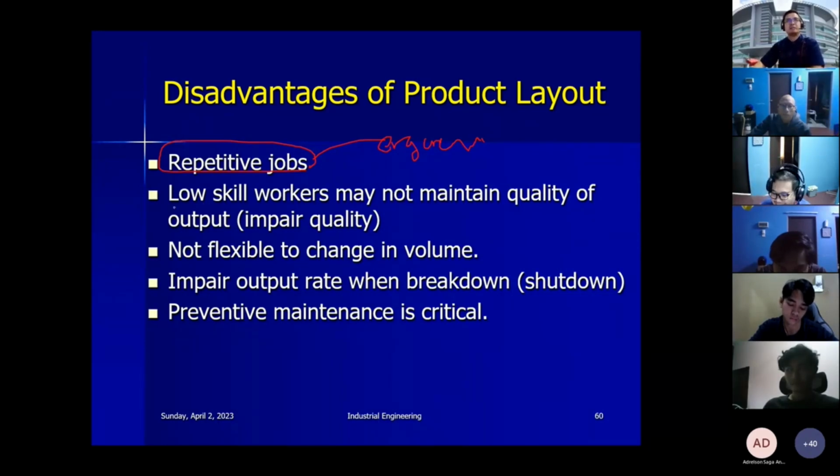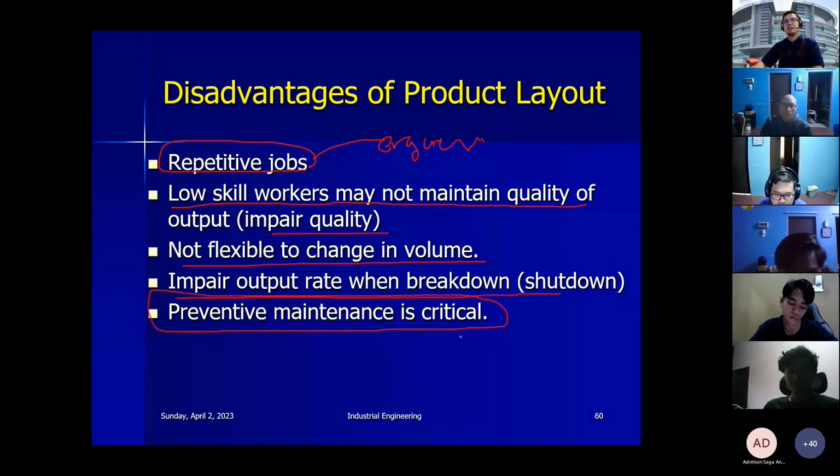Number 2, a low skill worker may not maintain the quality of the output, impairing quality, because this worker only focuses on specific work tasks. The same work task for at least 10 years or 15 or 20 years, doing the same process again and again. Number 3, not flexible to changes in volumes. Focus on that specific job task, impair output rate when breakdown or shutdown, and preventive maintenance is